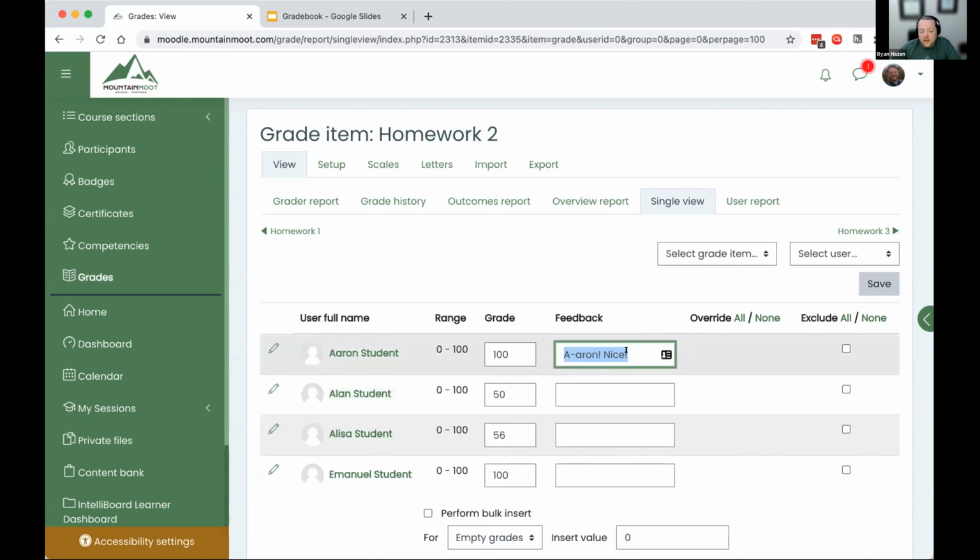So anytime that you can put subjective feedback next to a number, you're doing your students a favor because they are going to go look for the number grades. But what they really need is subjective feedback. So if I wanted to say,